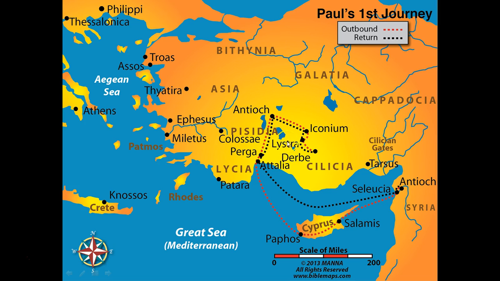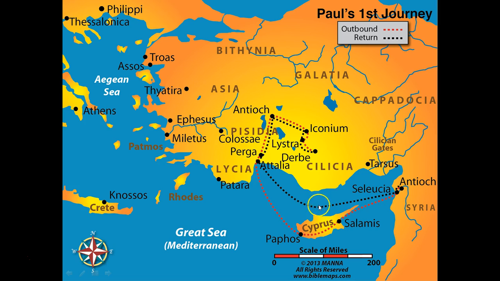There's northern Galatia, and there's southern Galatia. His first journey takes him into some of the main cities of southern Galatia, and this is the group of people that he'll write a letter to later. So he actually hits up Attalia, goes up here to Antioch of Pisidia, and over to Iconium, down to Lystra, Derbe. There's only one verse in the book of Acts that talks about Derbe, just that he had a positive experience there.